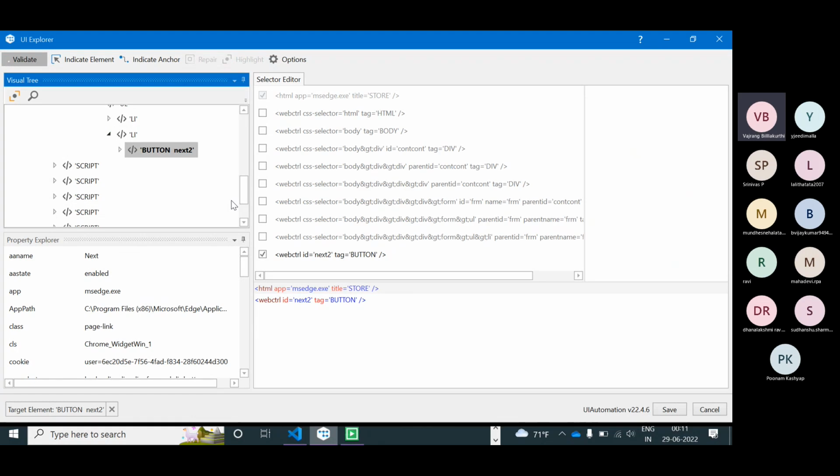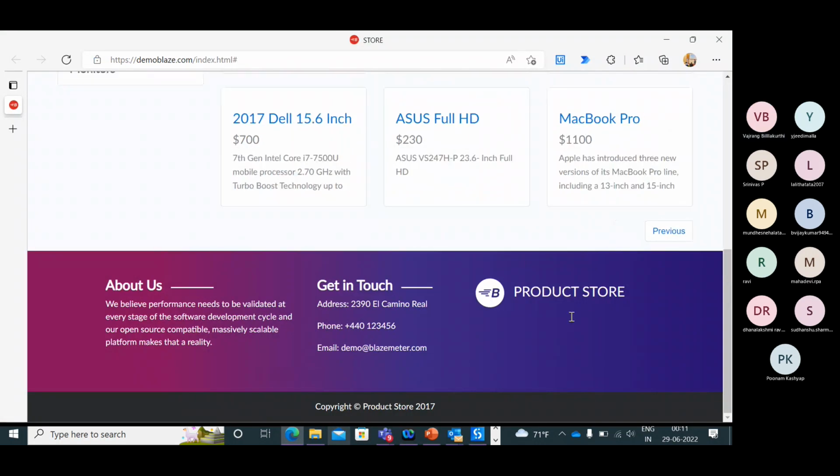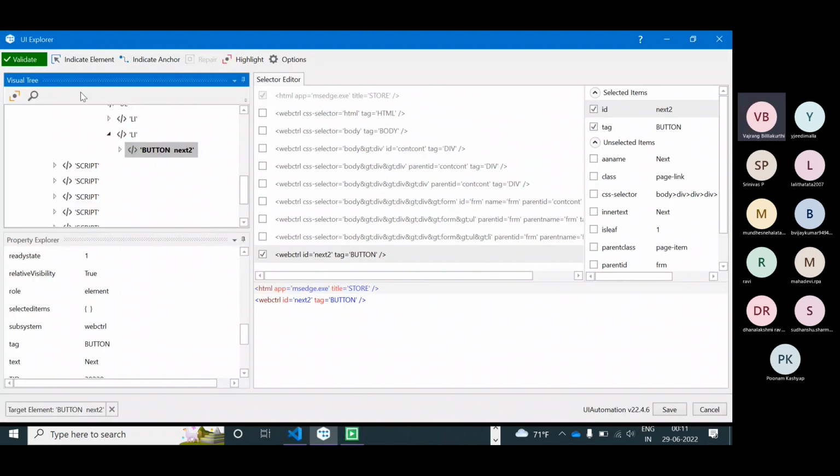This button, I'm not sure why you are not getting this property. Relative visibility is available. Value 9, visibility 9, 1. If we can get at least display, text we don't have, display we don't have, relative visibility. If we have any particular value where we can map it, then I can do it. This one again.